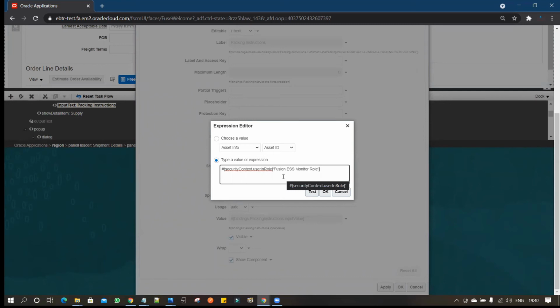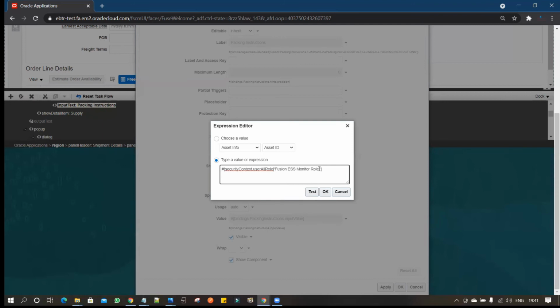If the business wants to hide the respective field only if the user has all the roles, you just have to replace this in with the all. So you have to type it all role and you add more roles.